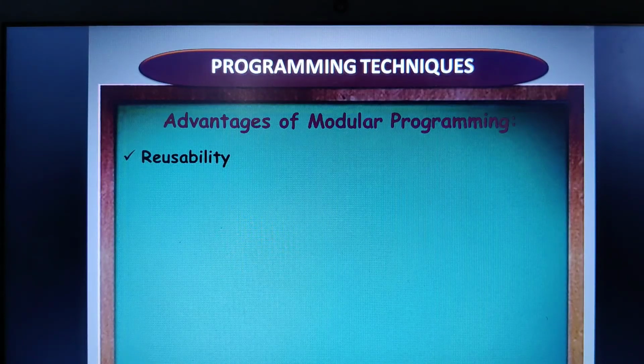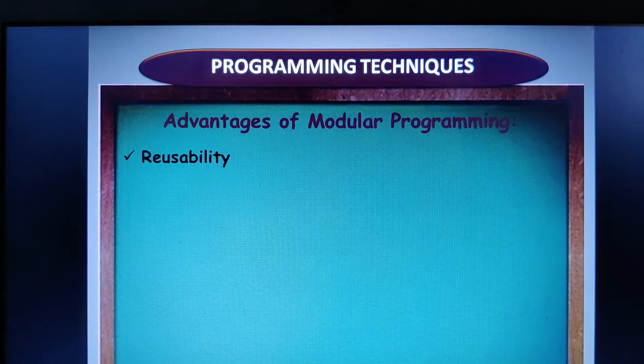What is reusability? If a particular set of instructions has to be executed repeatedly in several different places within the same program, then we can group such statements in one particular module, and make a call whenever it is required. Suppose within the same program you want to repeat the same procedure 6 to 7 times, then you can group it in a single module and just make a function call as and when you require. So this avoids rewriting the same function every time.